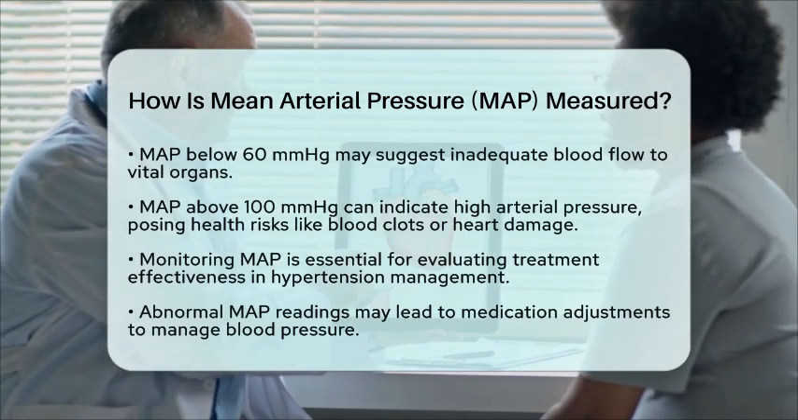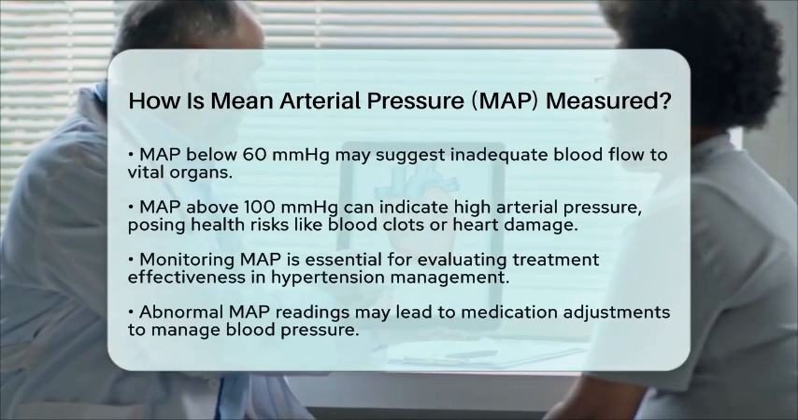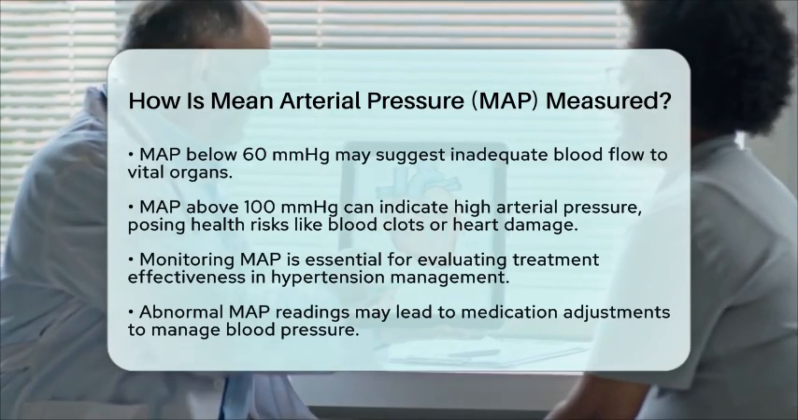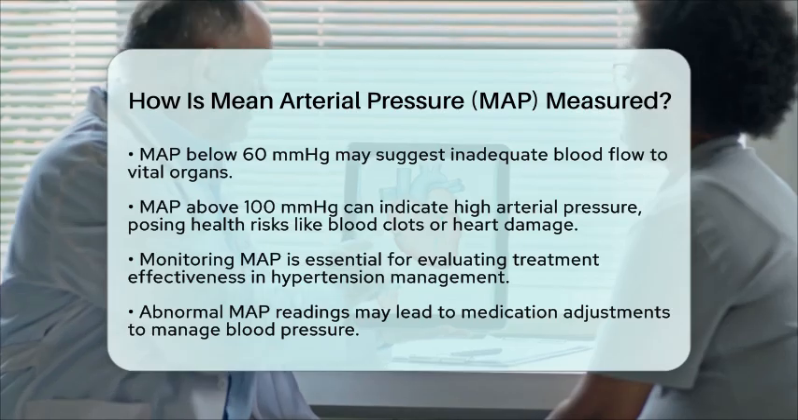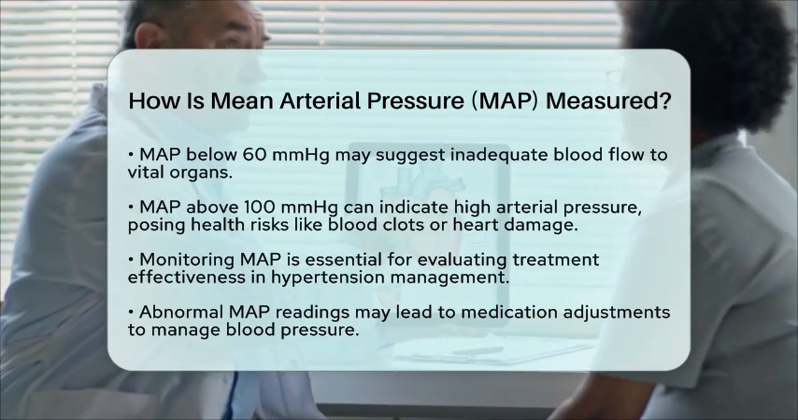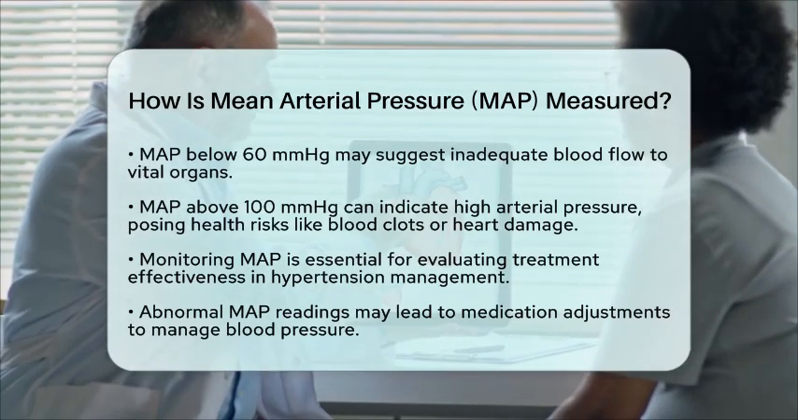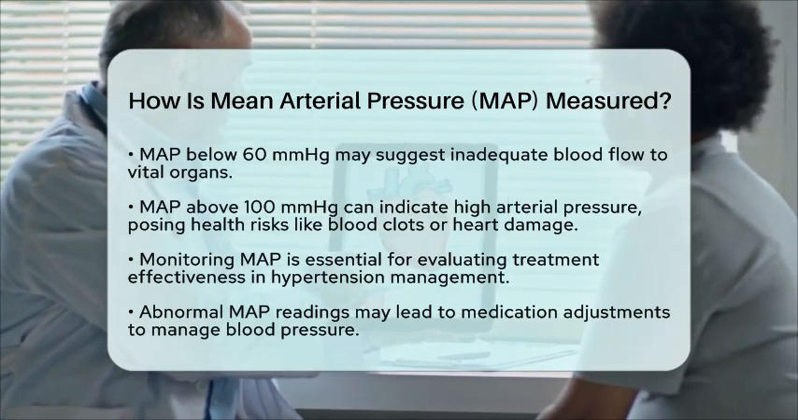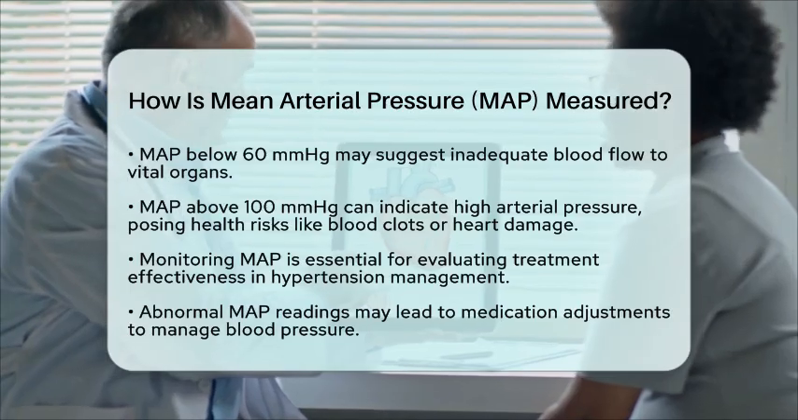Monitoring MAP helps healthcare providers evaluate the effectiveness of treatments for hypertension. It allows them to track changes in blood pressure over time and make necessary adjustments to medications. In cases where MAP readings are abnormal, treatments may involve medications to raise or lower blood pressure, depending on the situation. So, whether through direct measurement or estimation, understanding how mean arterial pressure is measured plays a significant role in